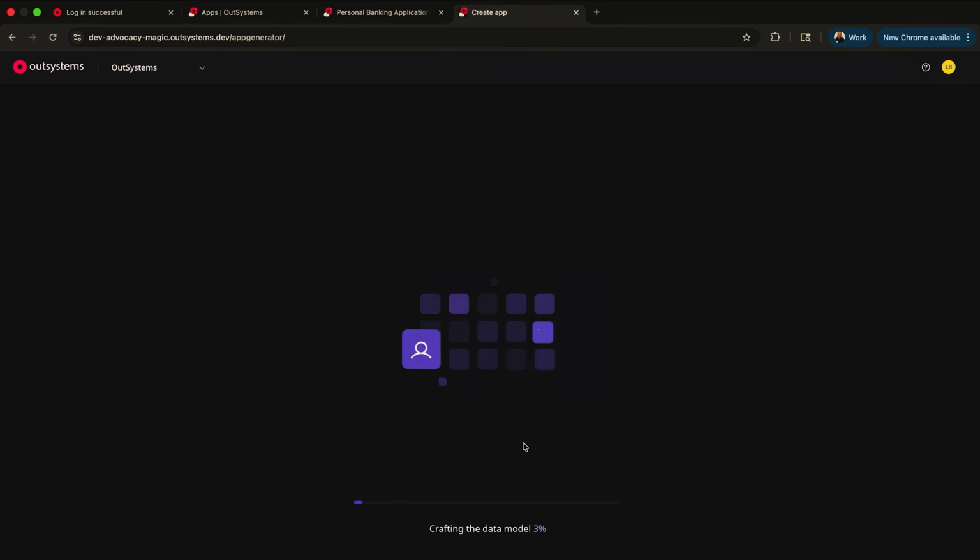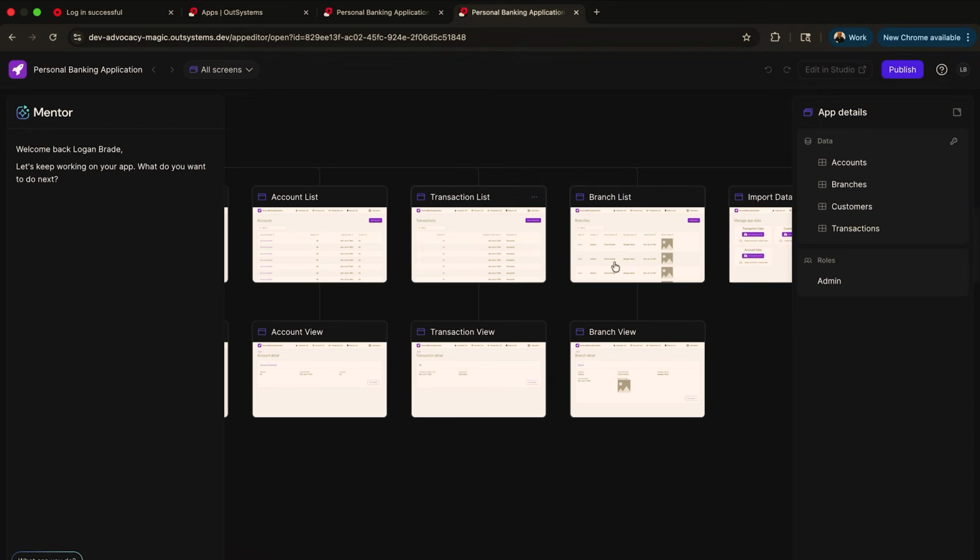What's kind of cool about this, just to piggyback off of my old video, is that Mentor is going through and creating the data models, the connections to the application, the user interfaces, and basically everything that I need in order to run the application. Now, if you've used Mentor before, you can build your application here within the browser if you want to, but I'm going to do something a little bit different. I want to go back into the IDE to make the changes to the application so I can do more in-depth changes. So we're going to publish this in order to give us the ability to edit it in